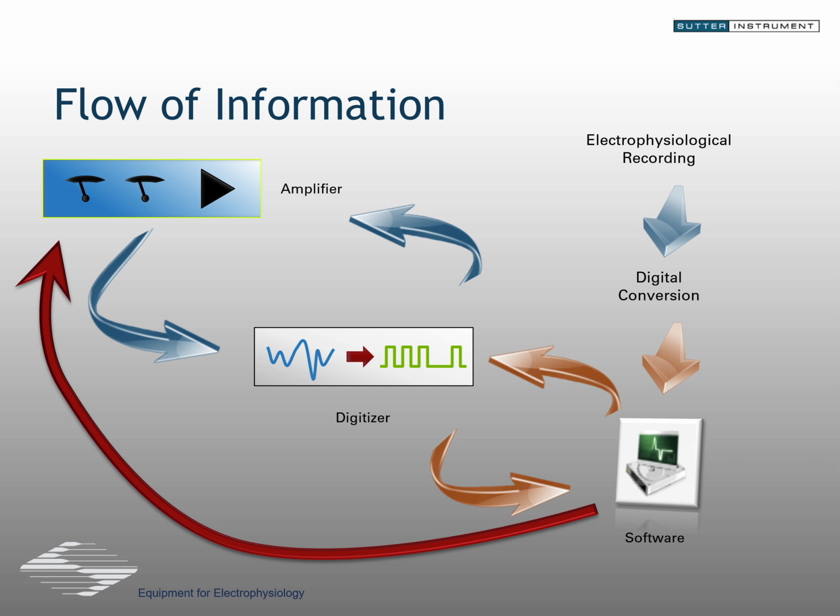Not only is it a little bit more time consuming to install with all this cabling and connections, you risk the possibility of wiring things incorrectly and troubleshooting proper connections. But as many of you know who perform electrophysiology experiments, oftentimes there's a certain amount of troubleshooting and tracking down the source of things like noise, for example. You're generally tracing those sources through the cabling and through the connections of your system. What we've done at Sutter by integrating the digitizer into the amplifiers, we've dramatically simplified this whole flow of information.